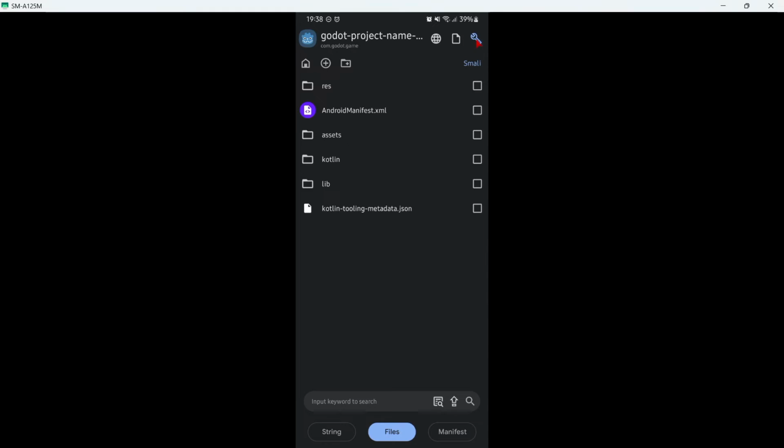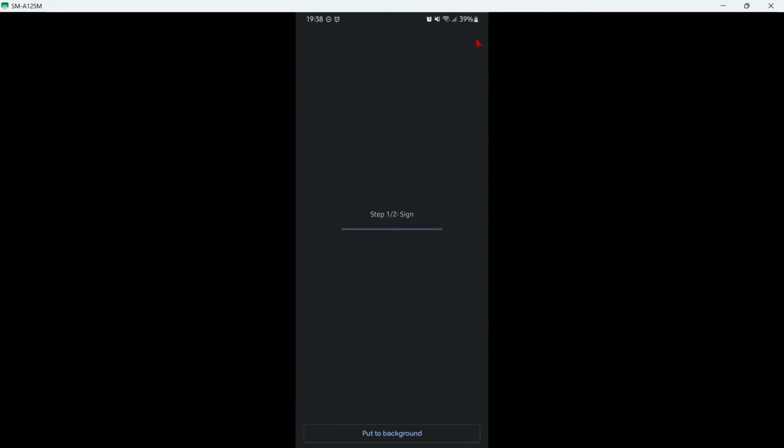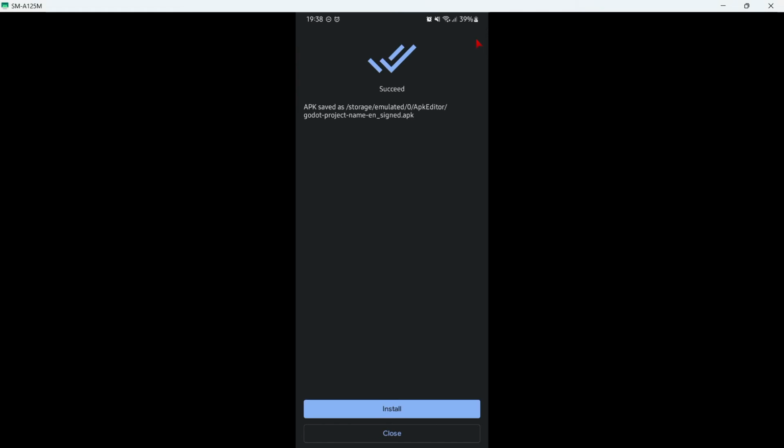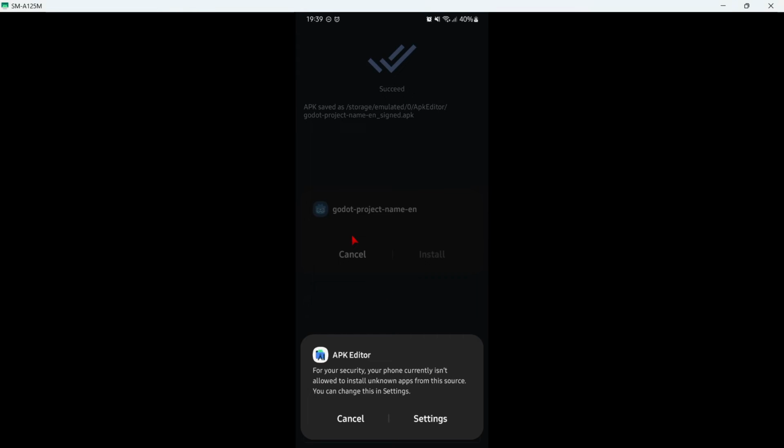We wait a couple of seconds until everything is set up, and well, a success message will appear. So now you have basically two options. Firstly, as you can see, it tells you the exact path where the APK file has been saved, okay? So you can just close this window if you want, or you can literally install the APK file. So let's do that. Let's click here install.